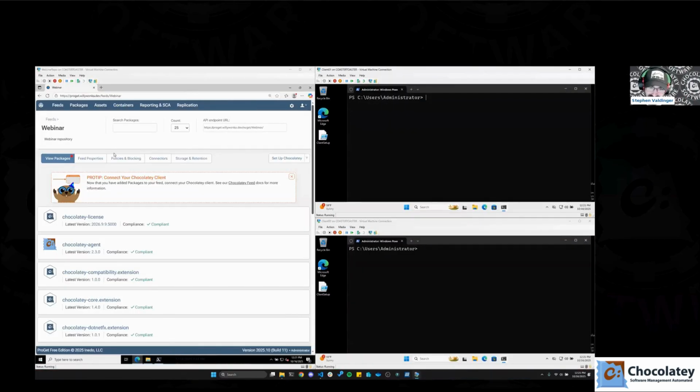So here we've got a couple of VMs running. I've got a repository. I'm running Inedo ProGet here, and I've got all of the Chocolatey packages that I need to start using Chocolatey in my imaging process, in my repository. And I've got a couple of client machines in various states of being set up. One isn't set up at all, and the other is. So the first thing that we're going to do is highlight that meta package approach to installing applications. And I'm going to really quickly